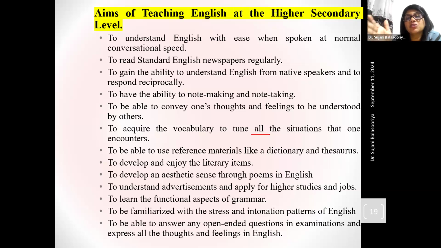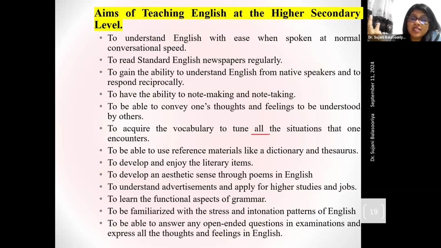Not only a student in higher secondary level, right? Secondary level students should also have that ability, referring to a dictionary and finding a meaning and finding the pronunciation like that. Okay, and to develop and enjoy literary items, literary works like